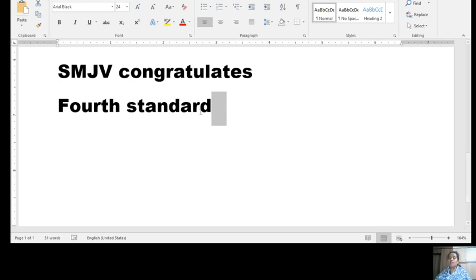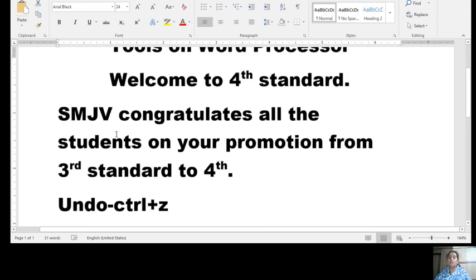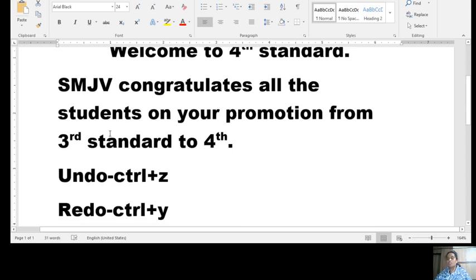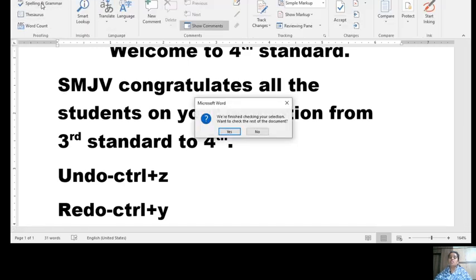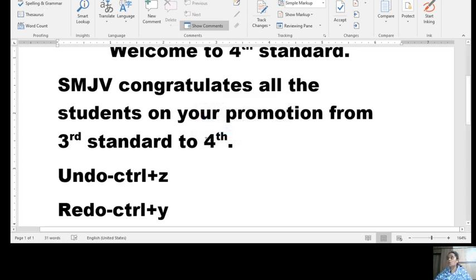Then spelling and grammar. If you make any mistake, a red and green wavy line appears usually, blue wavy line, sorry. So the red line tells you that there is a mistake in the word. So what you do, you select the text and go to the review tab. Left hand corner, you can click on spelling and grammar. Okay, if there is a mistake, it will show. You can use the change all, ignore all and add options, and you can do the spelling and grammar check.